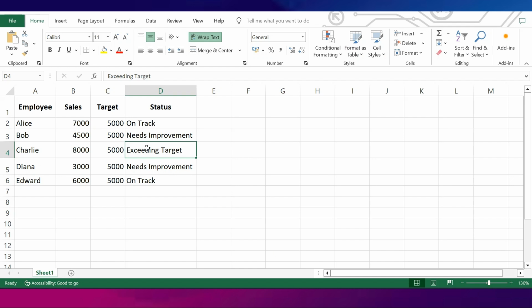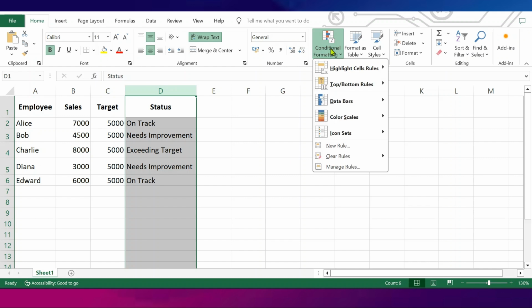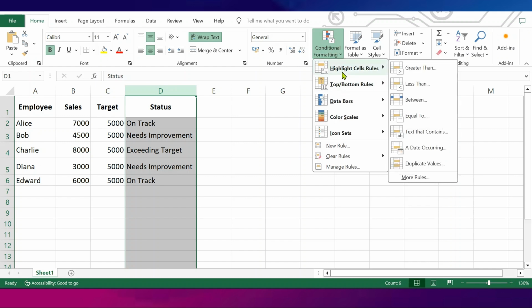Conditional formatting can also be used for text values. Let's highlight employee values based on their status. So select the status column and go to Conditional Formatting. Select Highlight Cell Rules and choose Text that Contains